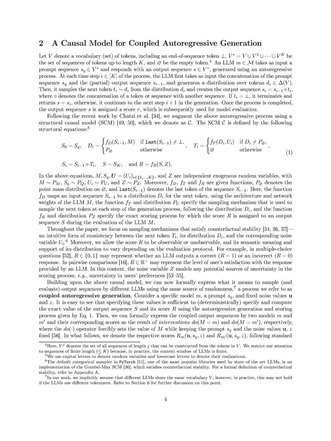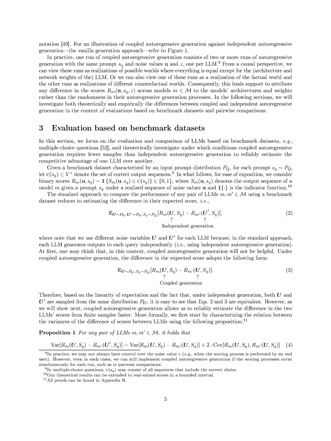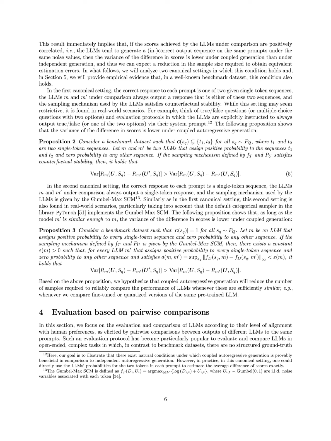Practically, our experiments demonstrated that coupled generation requires approximately 40% fewer samples than independent generation to achieve equivalent estimation errors, as evidenced by the empirical results from the MMLU dataset. Additionally, the increase in ties observed under coupled generation suggests that it may provide a more nuanced understanding of model performance, which can influence rankings derived from win rates. Overall, coupled autoregressive generation is advantageous when comparing LLMs that are sufficiently similar, as it enhances the efficiency and reliability